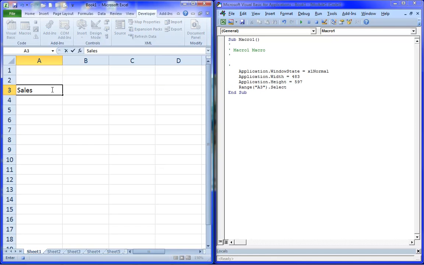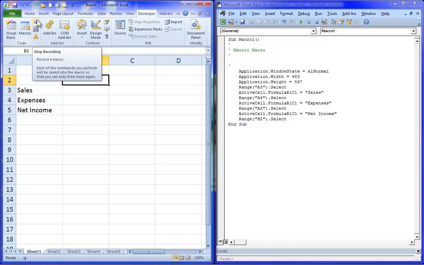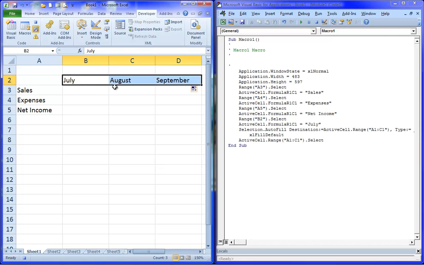Selecting cell A1 and then typing a few labels beginning in cell A3 for this small spreadsheet that I'm going to create. Now, one of the things that you should notice is the difference between absolute and relative recording. So here I'm clicking the relative recording button before I enter and use the autofill handle to extend some column labels. For the month of July, we're going to add a sales figure